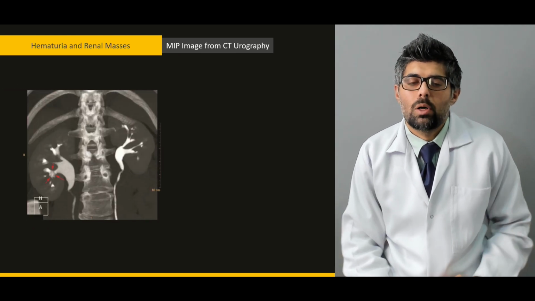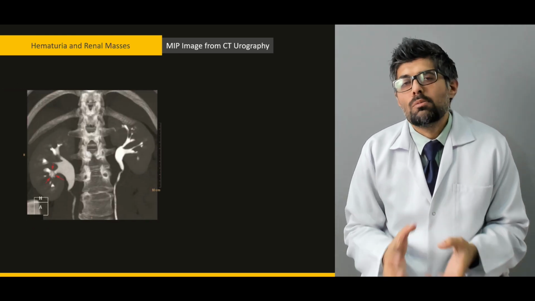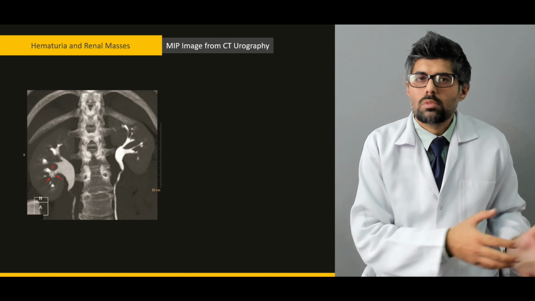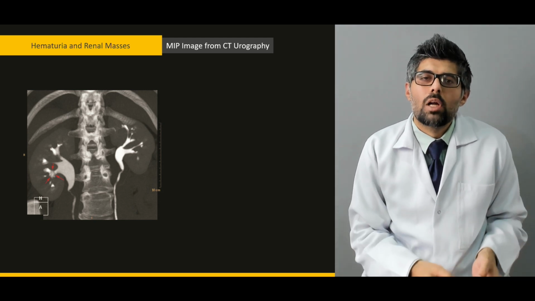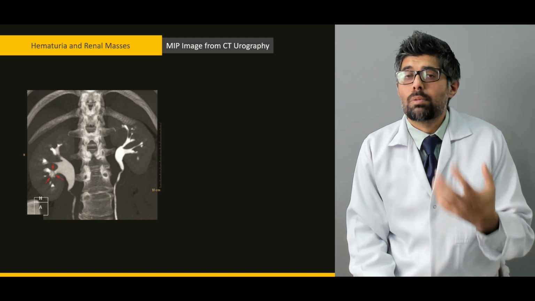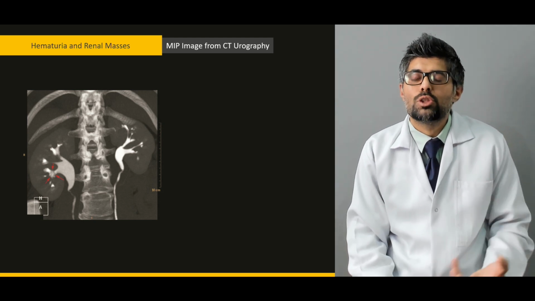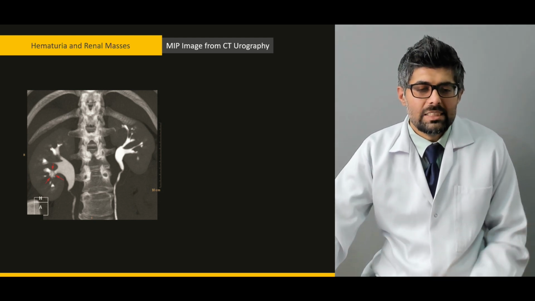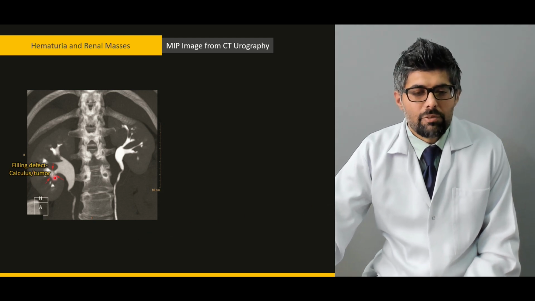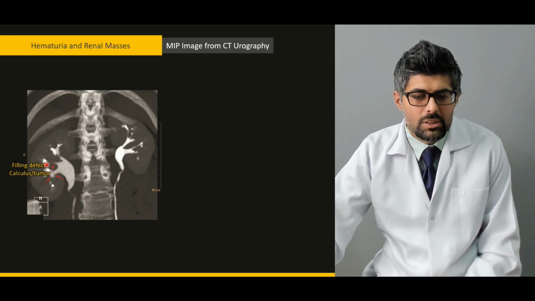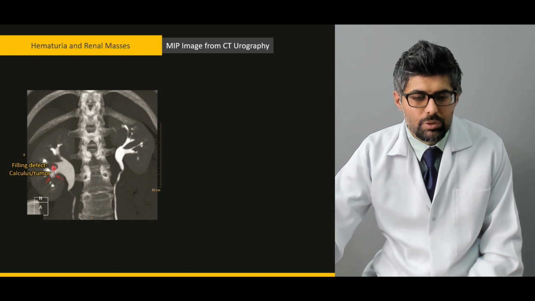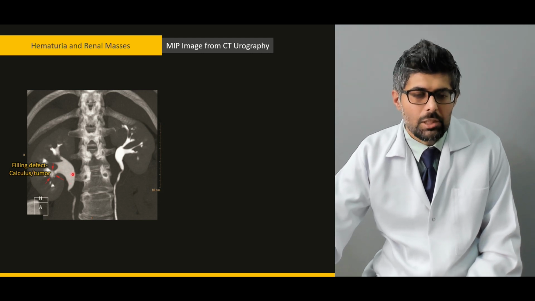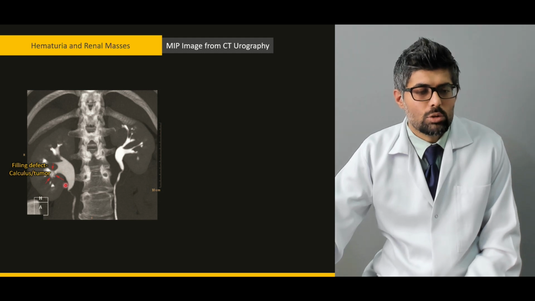Next, we're gonna talk about hematuria due to renal calculi. Now, for the examination of calculi, what we do is that we perform CT scan and then we use the MIP, or the minimal intensity projection. Now here you can easily see that there is a filling defect here in the pelvis of the right kidney. Now because of this calculus, there is hydronephrosis inside the pelvis of the left kidney, and because of this